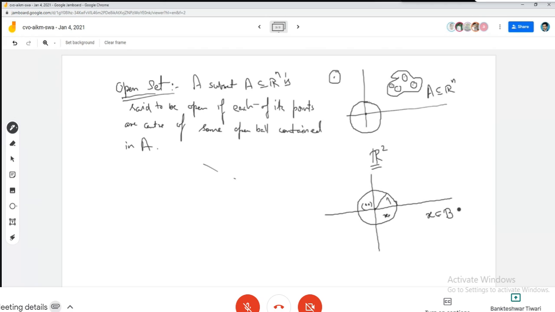say of radius 1 and centered at the point 0। तो हमको चाहिए क्या कि इस x पॉइंट को सेंटर मान करके भी हमको एक बॉल मिलना चाहिए, चाहे वो x कितना भी करीब हो इस बाउंड्री के, कितना भी करीब हो, लेकिन हमको एक बॉल मिलना चाहिए, और ये पूरा का पूरा बॉल जो है वो इस बड़े बॉल के अंदर कंटेन्ड होना चाहिए।